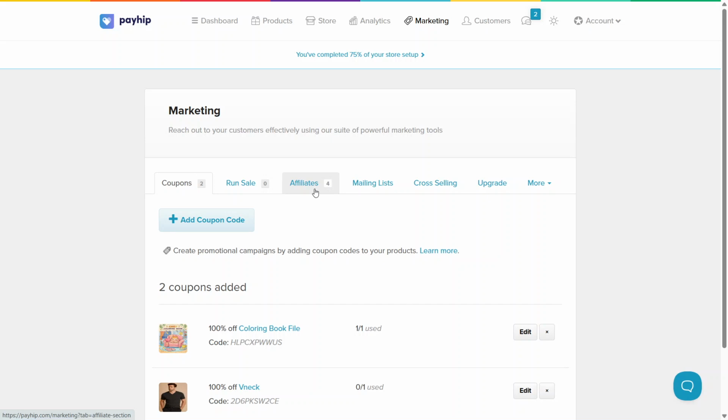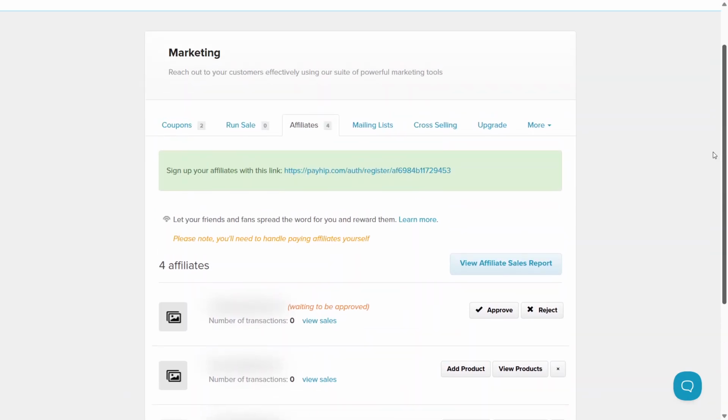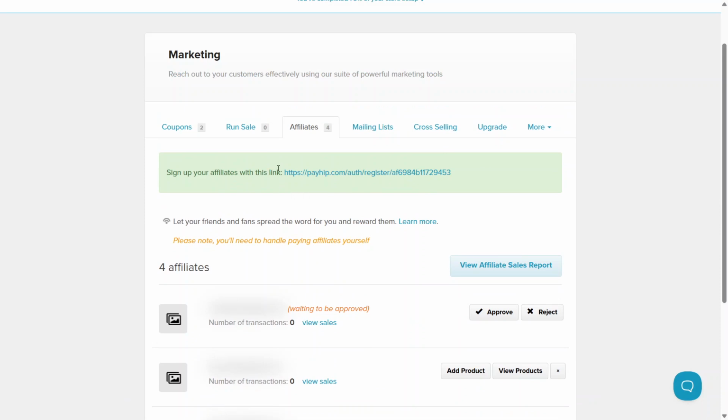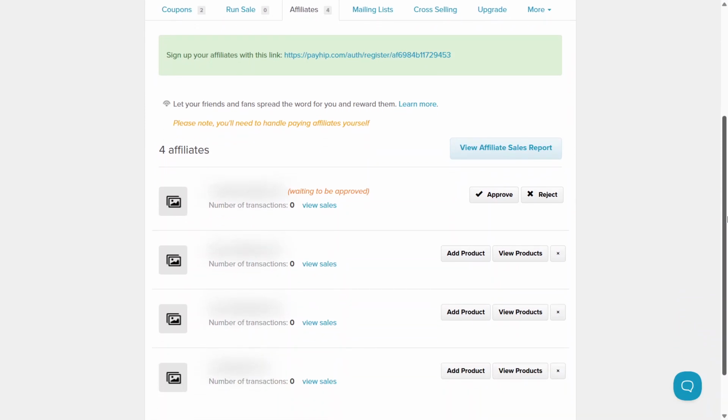in one place. Right at the top, you'll see a unique affiliate sign-up link provided by Payhip. Copy that link and share it wherever you recruit partners: your website, social channels, or via direct messages. Anyone who clicks it will be prompted to create an affiliate account that's connected to your store. A quick tip: test the link in a private browser window to confirm it opens correctly, and consider pinning it in a central spot, like your site's footer or a dedicated partners page, so it's easy for potential affiliates to